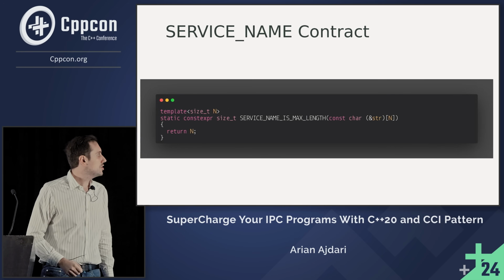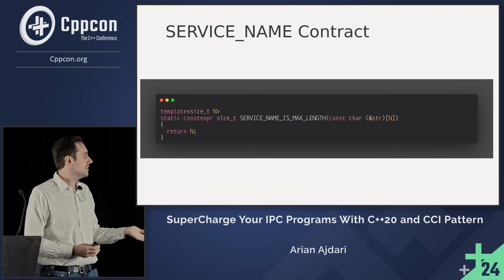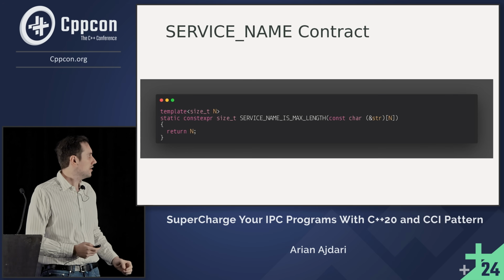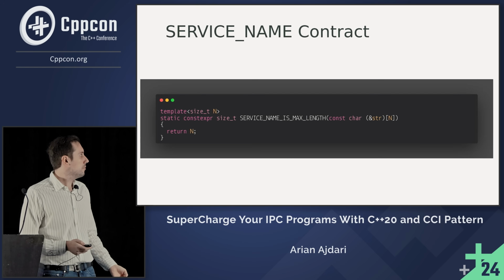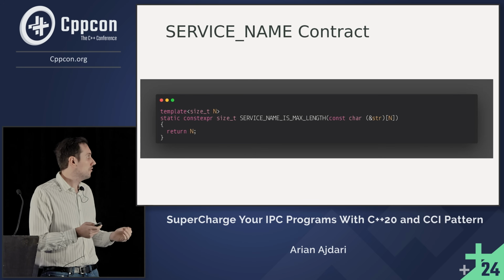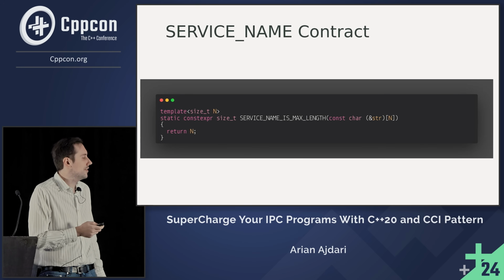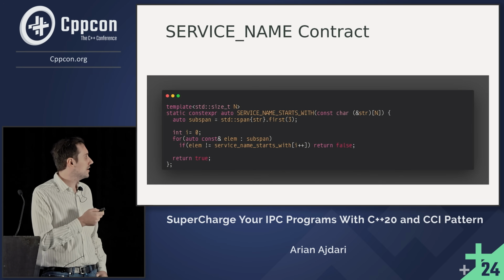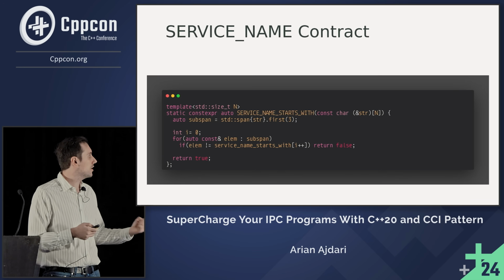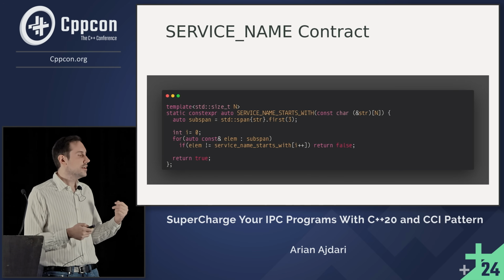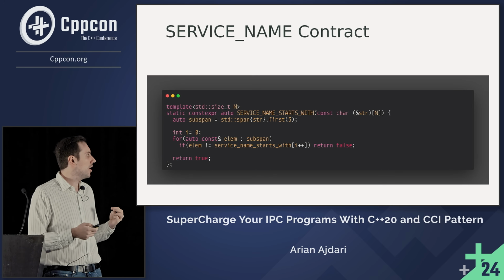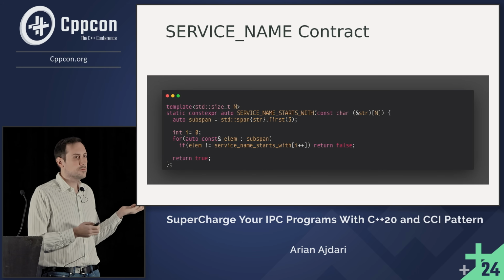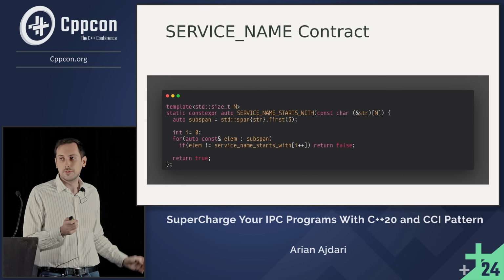Now this is a helper function which makes sure that the service name is of a max length. It takes the const char and returns the length. This is a C++ facility which gives us the possibility at compile time just to get the length of a constant string. And it's very simple, so you just return the length. This one is a little bit more convoluted. I used std::span from C++20 in order to get the first 3 characters. I iterate, and if all of them are as specified in the constant string, it returns true. If any of them fails the condition, then we return false, because we didn't start with com in the beginning.